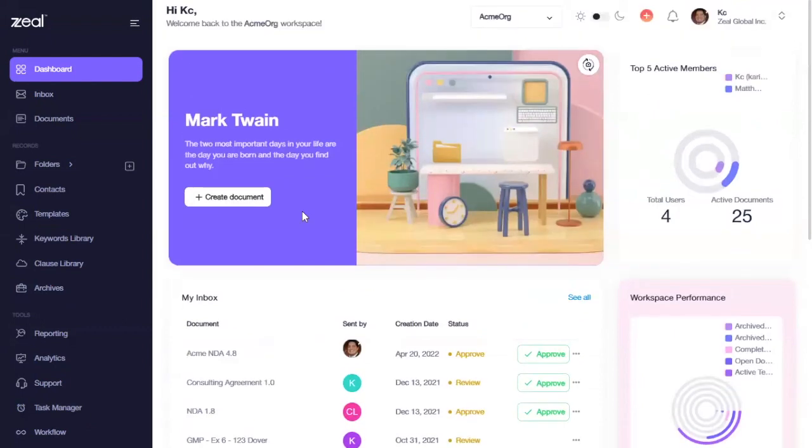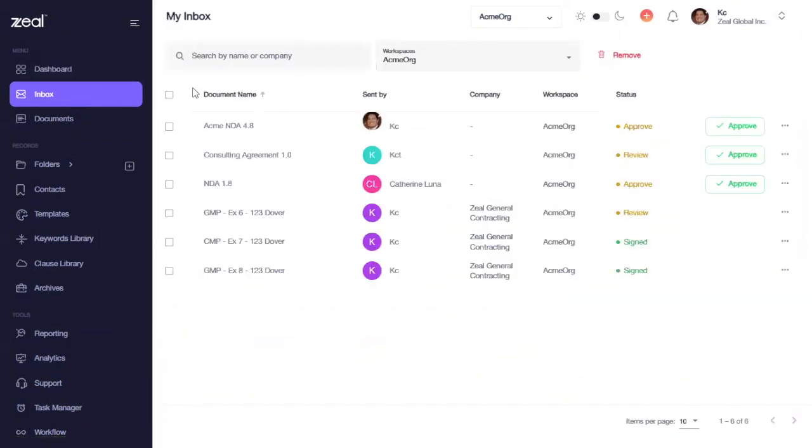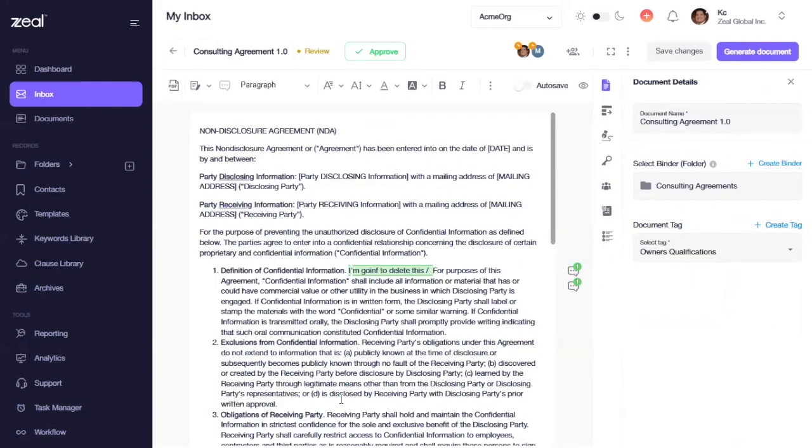The inbox, which you can access here, or on the tab on the left-hand side, will include all documents pending action from you. We can click on any of these documents to access it. Here we can see that the request is review and approval, so we will approve the document with the changes